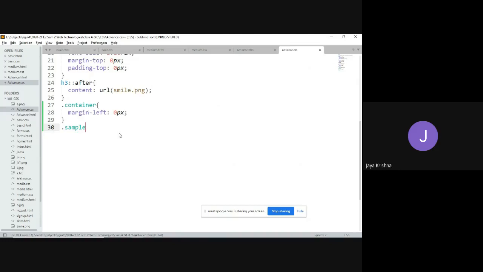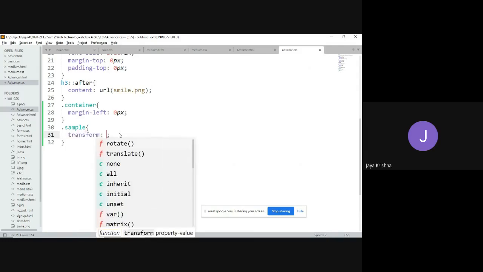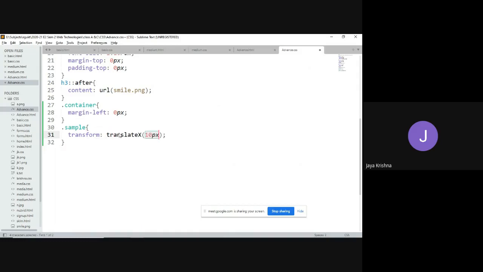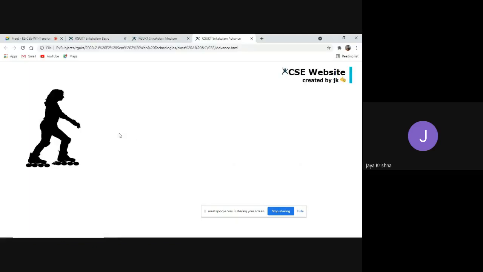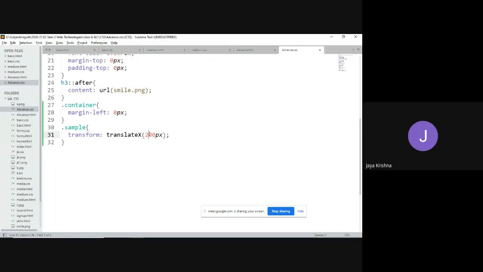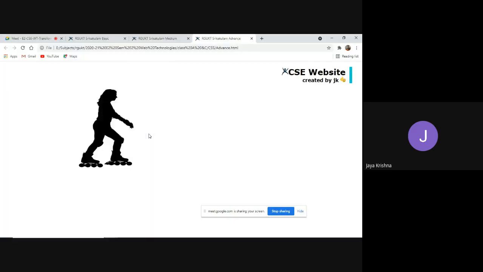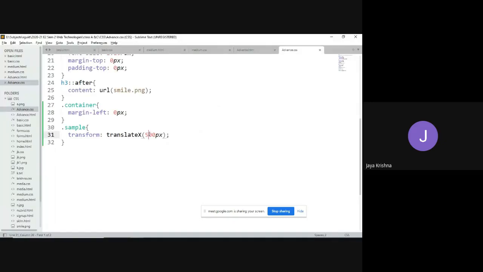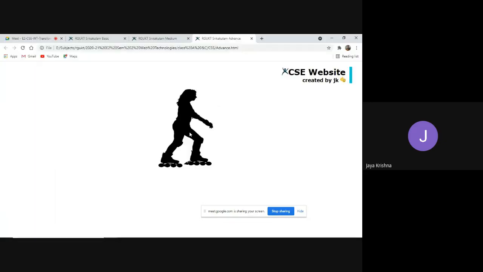So I will access that element, and now I need to make it transform, for example, translate over the x-axis by 200 pixels. Observe, if I refresh, automatically it is moving 200 pixels or not? Yeah. For example, some 500 pixels. Yes, it is moving 500 pixels. But have you observed this movement?